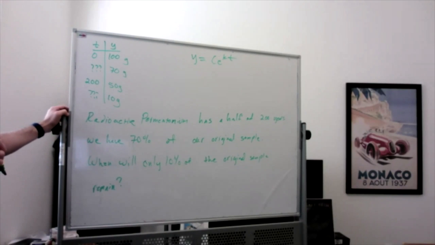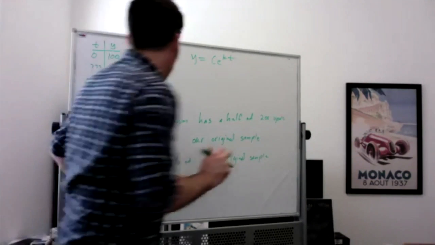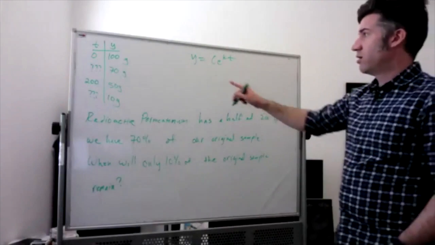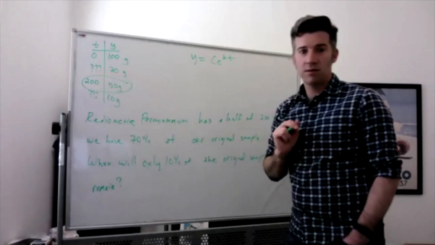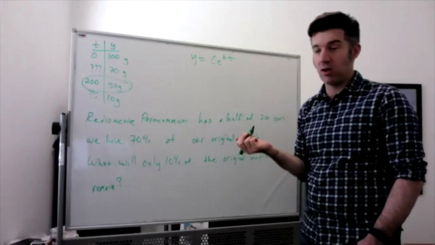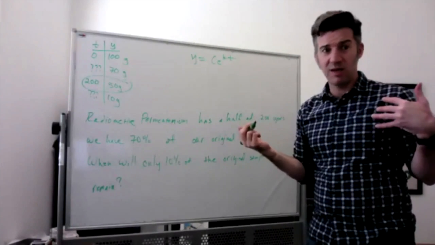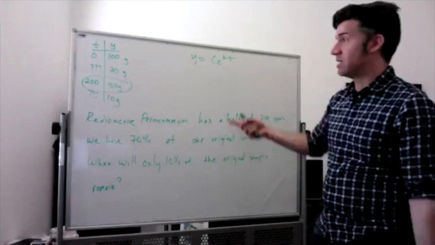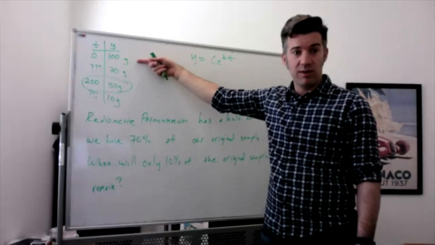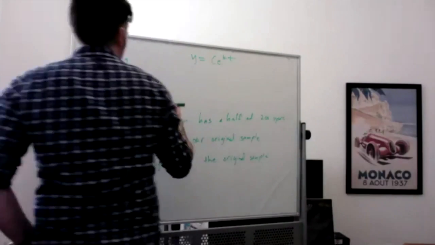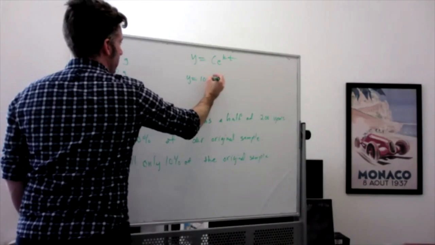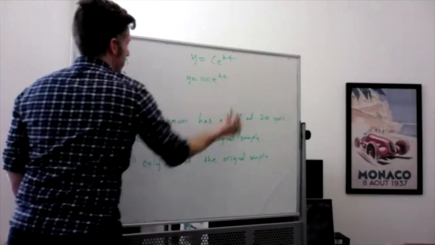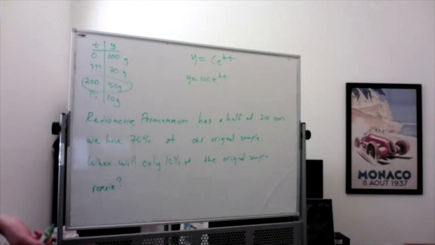Okay, so let's use this piece of data to figure out what our K is. Why am I not talking about C? Well, because we already know what C is. C is the initial amount you're starting with. So I'm going to say Y equals 100 e to the KT. And then I'm going to plug in,